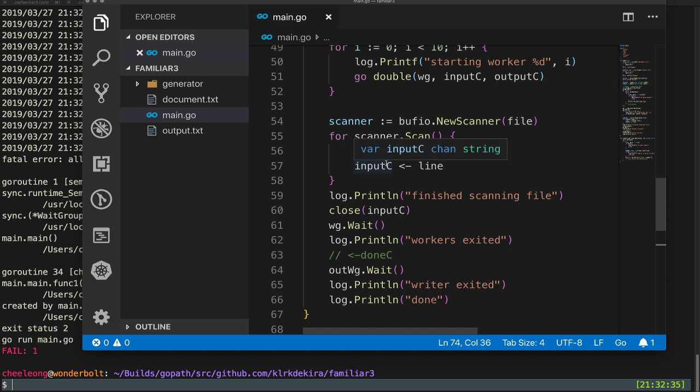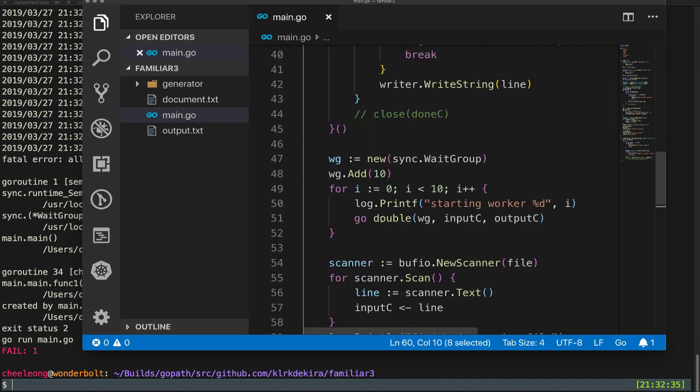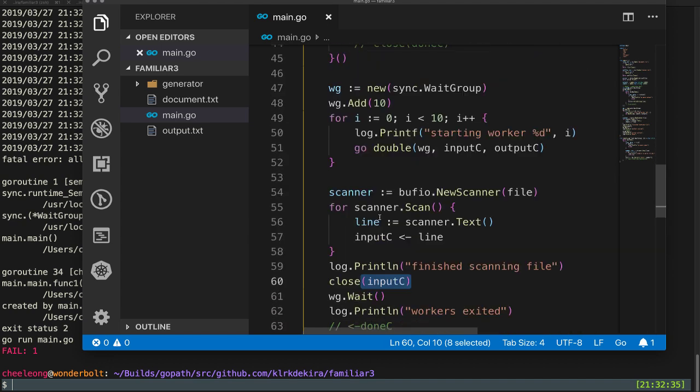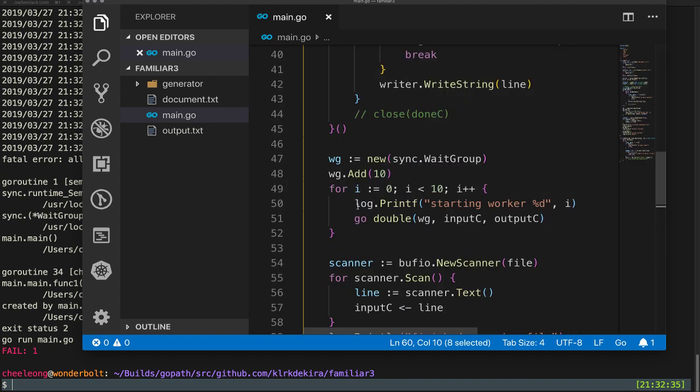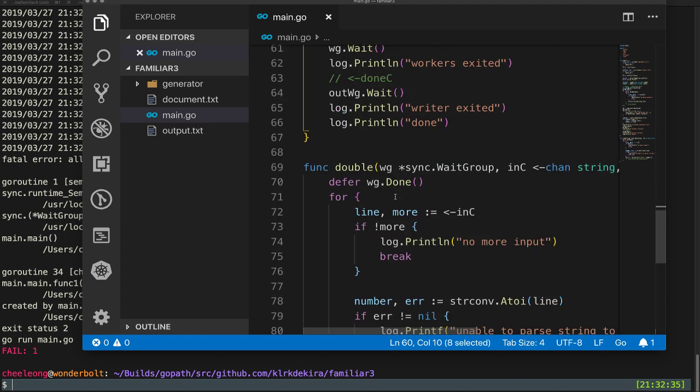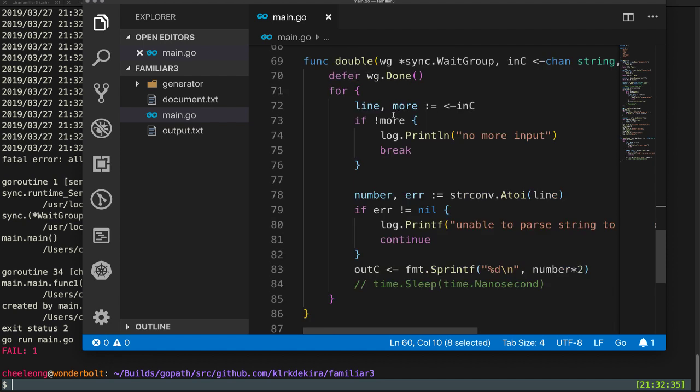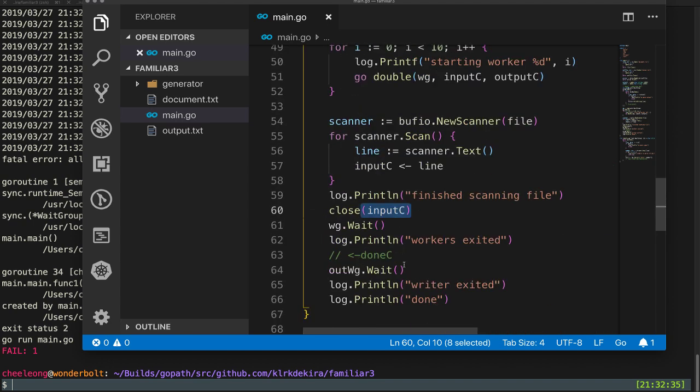After I finish putting the file in, like we're finished consuming the file, we are going to close this. And the next one is that we have 10 workers and we are going to consume this and output it. After it is done,